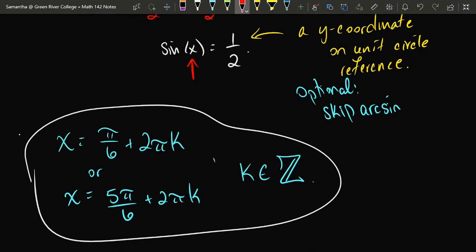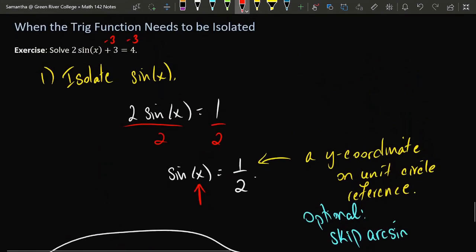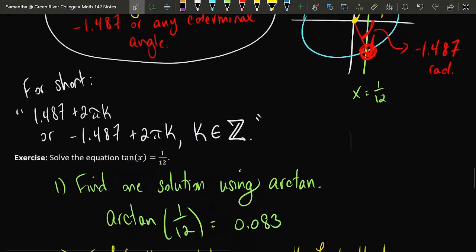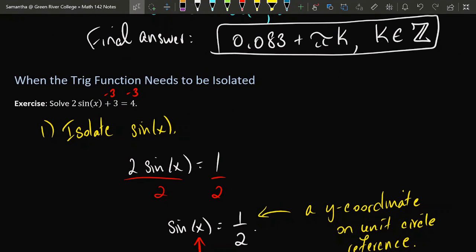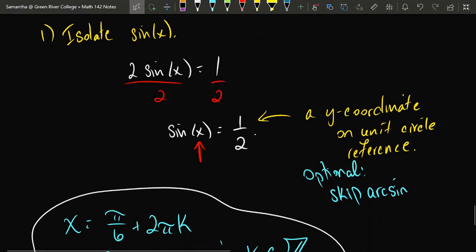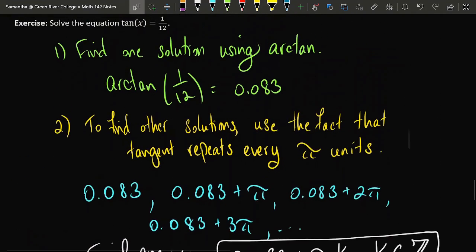That concludes today's material. Today we practiced using the unit circle in combination with the inverse trig functions to find all the solutions to an equation which contained a sine, a cosine, or a tangent. Generally speaking, the method was, first, isolate your trig function if it's not isolated already. Then, if necessary, use a calculator and the inverse sine, inverse cosine, or inverse tangent button to help you to find one solution to your given equation.